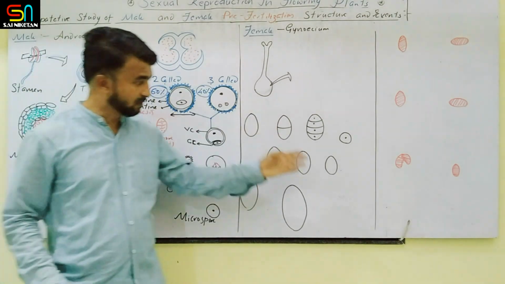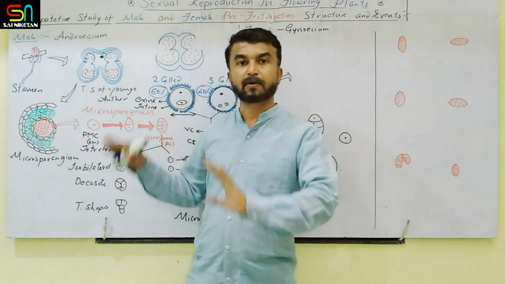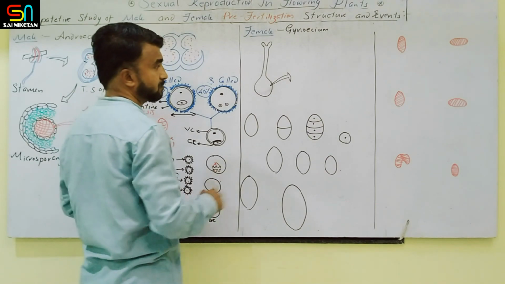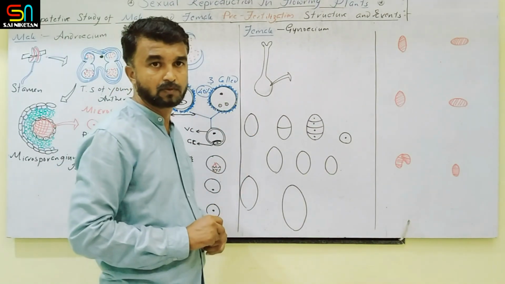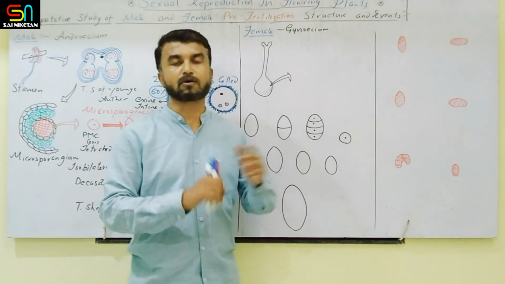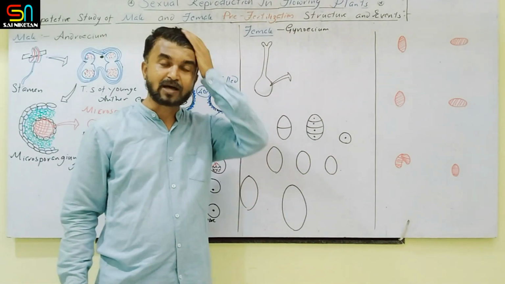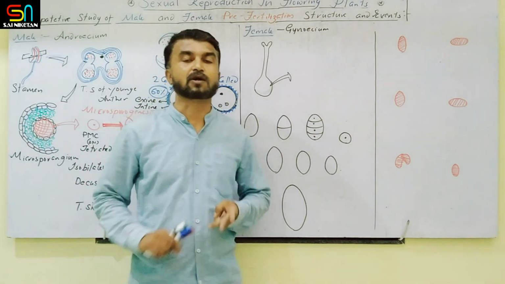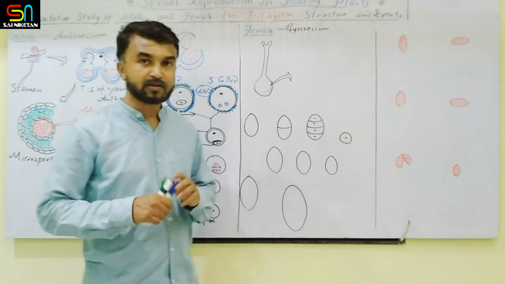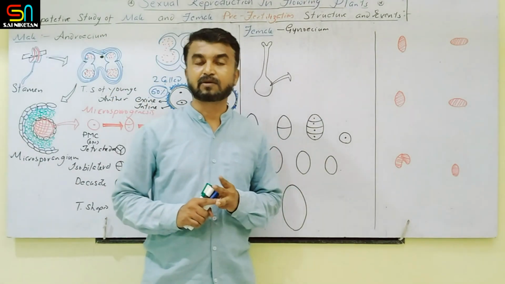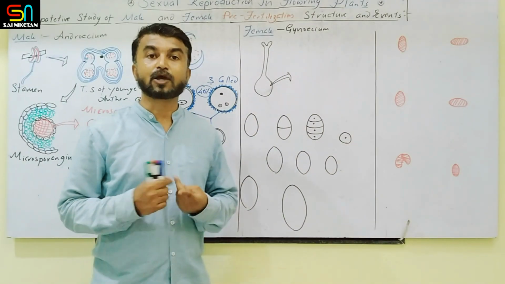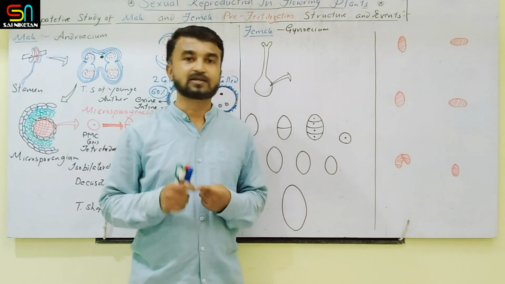Clear? Now we will cover the female reproductive part, comparing with the male reproductive part. The female reproductive part is made up of carpels. The number of carpels is a deciding factor. Every species has a specific number of carpels. When you compare the last year's morphological study, 3 families we covered: Solanaceae, Fabaceae and Liliaceae. Clear? The flowers of Solanaceae have a bicarpellary gynoecium. Then Leguminosae is monocarpellary, Liliaceae is tricarpellary.